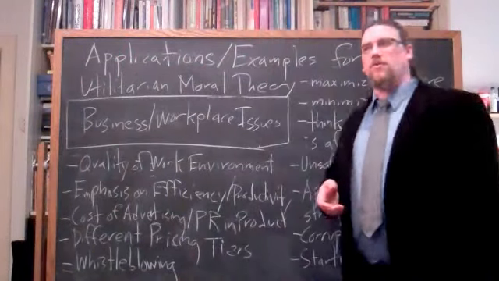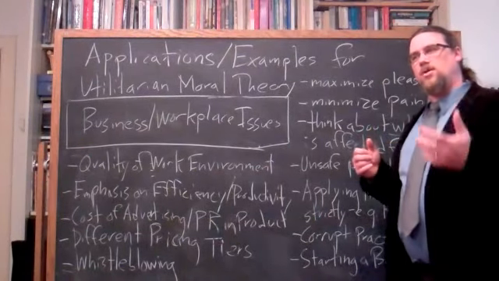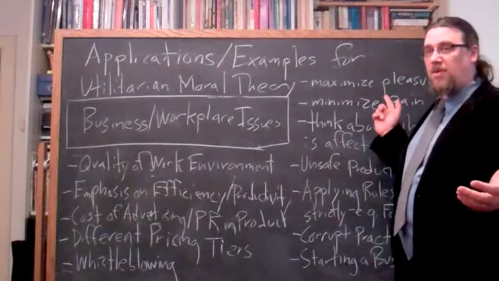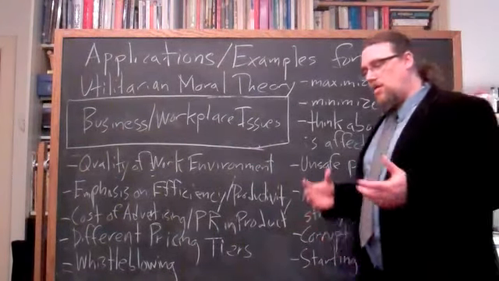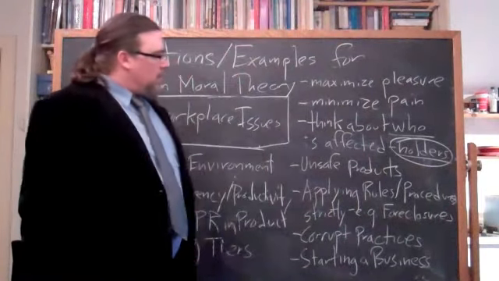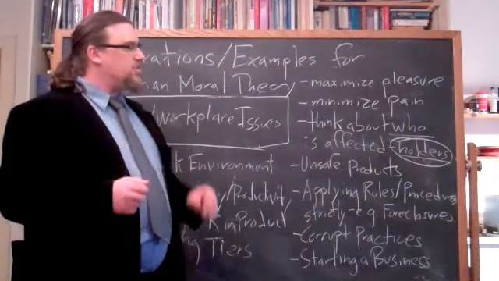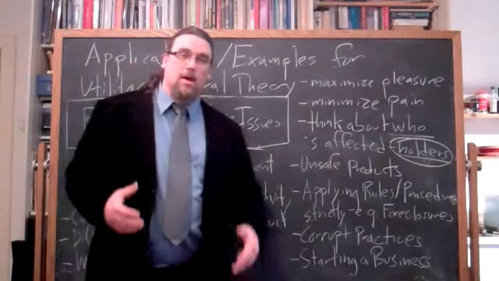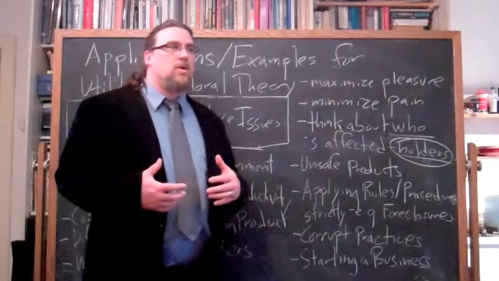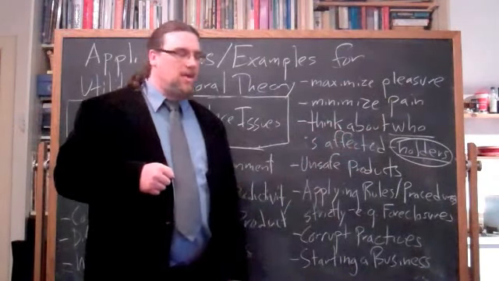And if you're subverting justice, you're actually producing pain for a lot of people because, although you're producing pleasure for the people who are able to get over, you're actually making a lot of other people angry because they're getting a raw deal in the process and they're not benefiting from this unjust arrangement that's going on. You could think about bribery, you could think about people able to use the system, people drawing on influence connections and all that sort of stuff. I think from a utilitarian perspective, you can say that's actually a bad idea. A level playing field is probably the best idea.